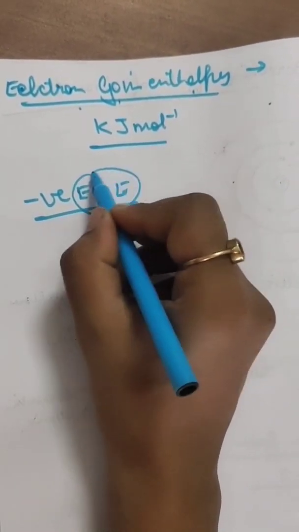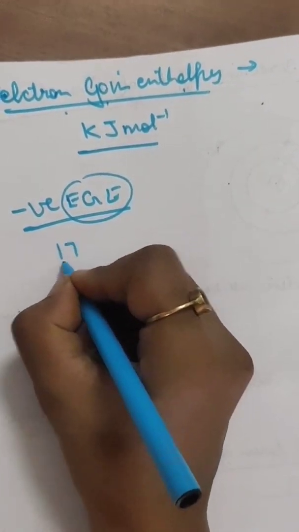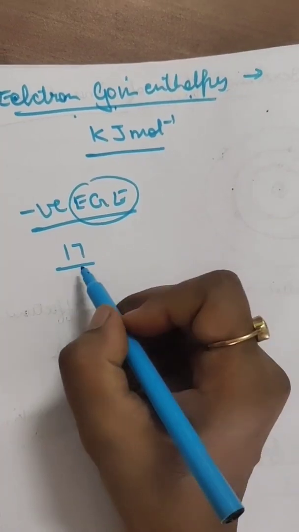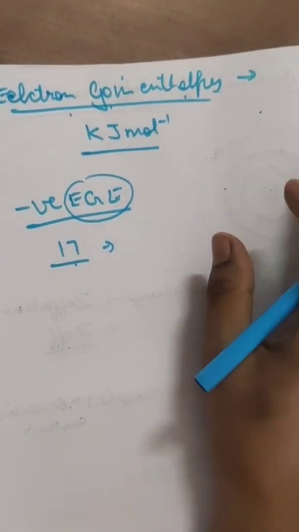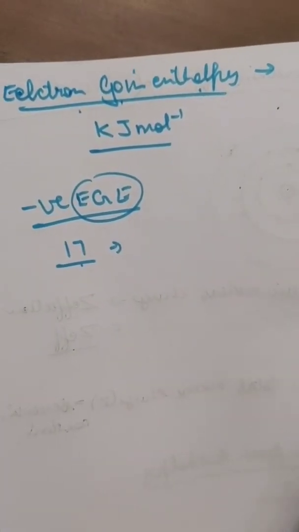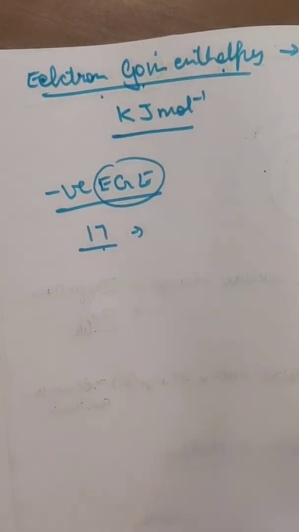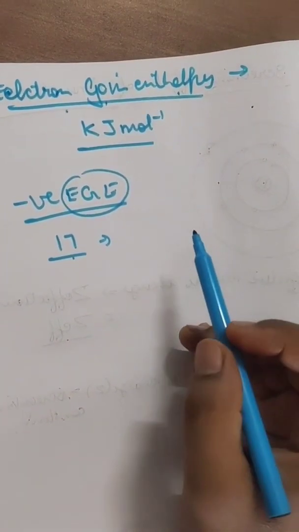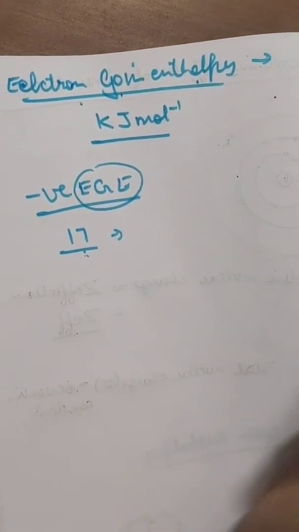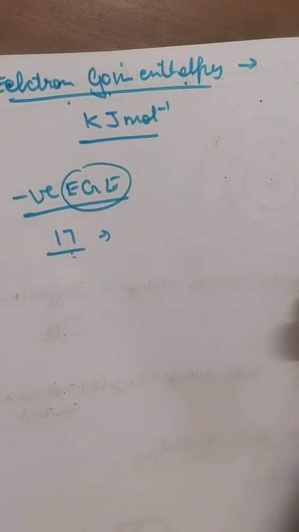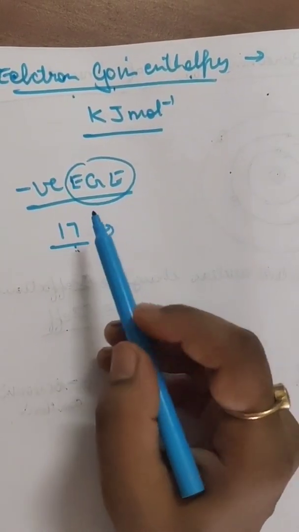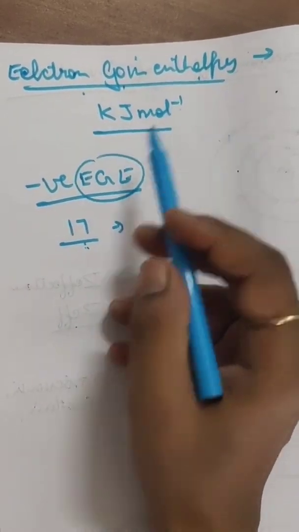Okay, so I am writing the short abbreviation of this. For example, group number 17, the halogens. These halogens just need one electron because in the outermost shell they have the configuration np5, so they have 5 electrons in their subshell, for all the halogens, the group 17 elements. One electron is missing, so they will readily accept one electron. As soon as they get that one electron, they will release a lot of energy and become stable. So for these elements, the electron gain enthalpy would be negative.